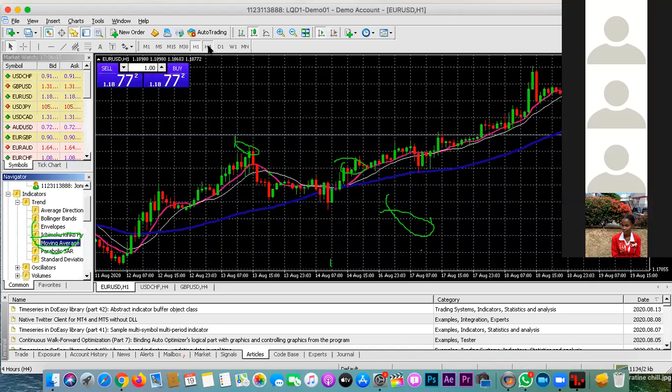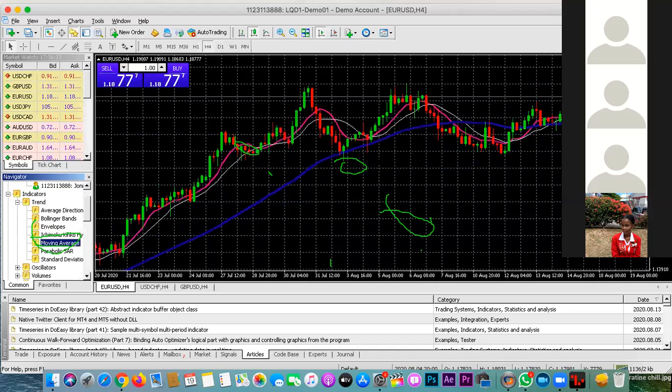Sir, what color should the third moving average be? The third, a 50? No, I have the 50 already. I have the 8 and the third one. The third one is going to be a 13. That white line there. You can make the line bigger if you want. And what color should it be? White. So you have 8,